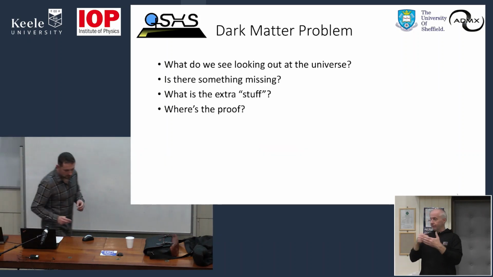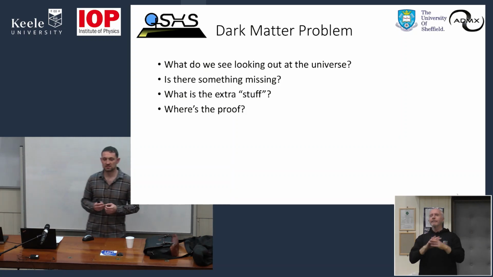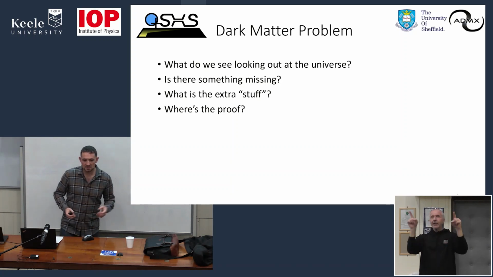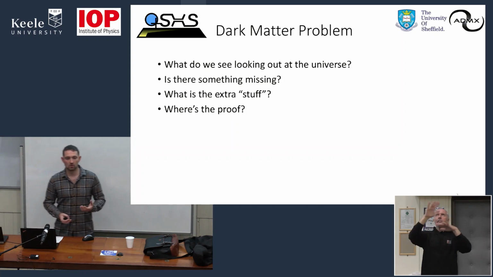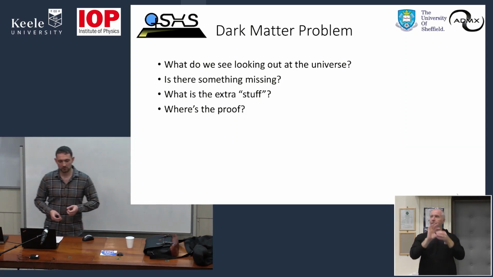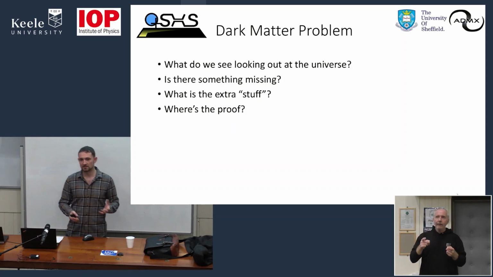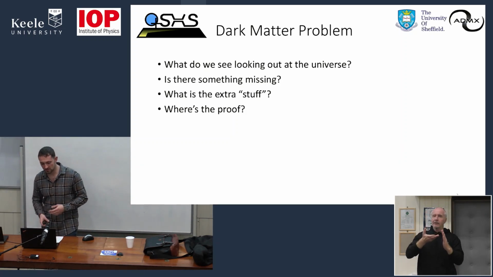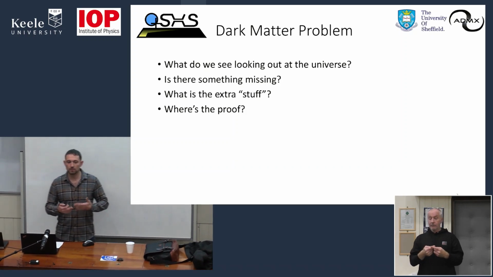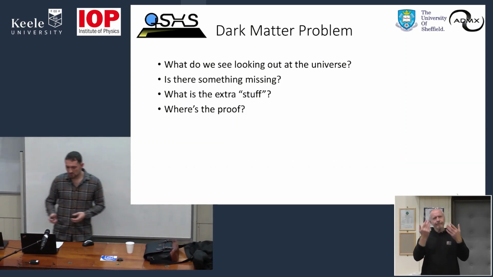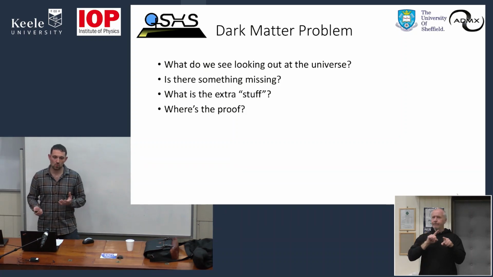Now, the way that we understand our universe, we tend to observe it with telescopes. We have a nice look out, and what we see informs how we understand the universe and how our models progress and advance. Now, if something crops up that challenges one of these models, what tends to happen is somebody will come up with a theory and adjust what we currently understand, and add and append to what we've got. We'll come across this rather shortly, but this is how we're building up the idea of what dark matter might be. So let's start with trying to get an understanding of how we actually work out